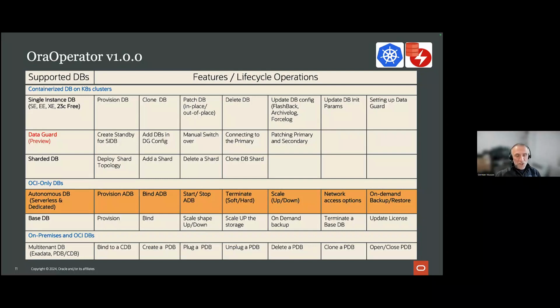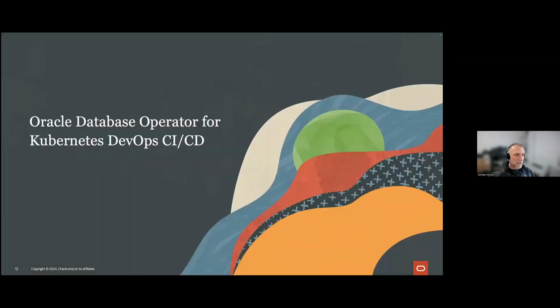As you can see, you can provision autonomous databases. You can bind autonomous databases, start, stop, terminate them. You can scale them. And in the demo, we will scale one autonomous database with the operator. And you can deal with some network access options. And you can also do backup and restore. We will not be doing backup and restore during the demo, right? So as you can see, this is growing and it will keep growing. Here you're not seeing observability functionality, but when you add observability functionality, you have a really, really good operator if you're dealing with Oracle databases in your Kubernetes environments, okay?